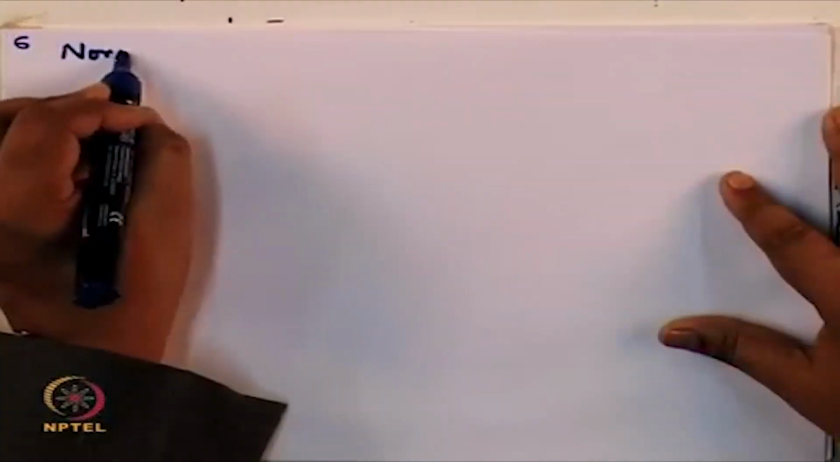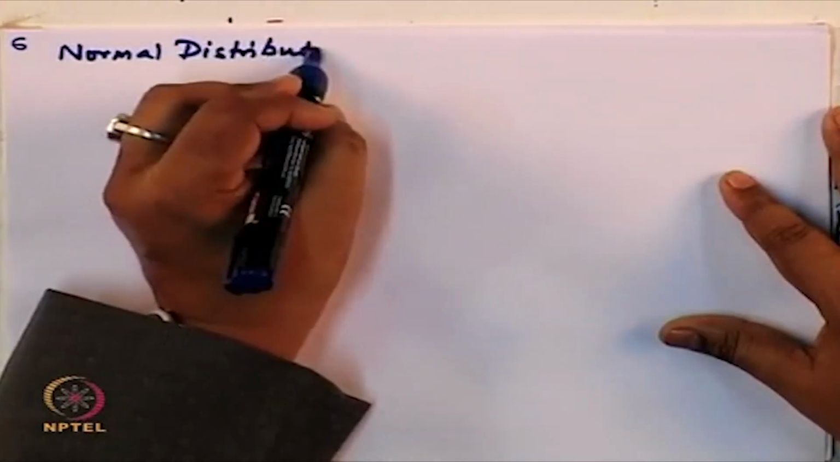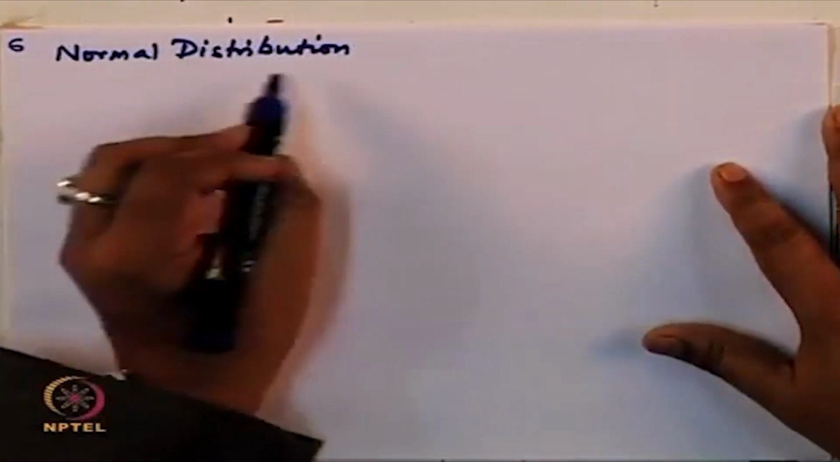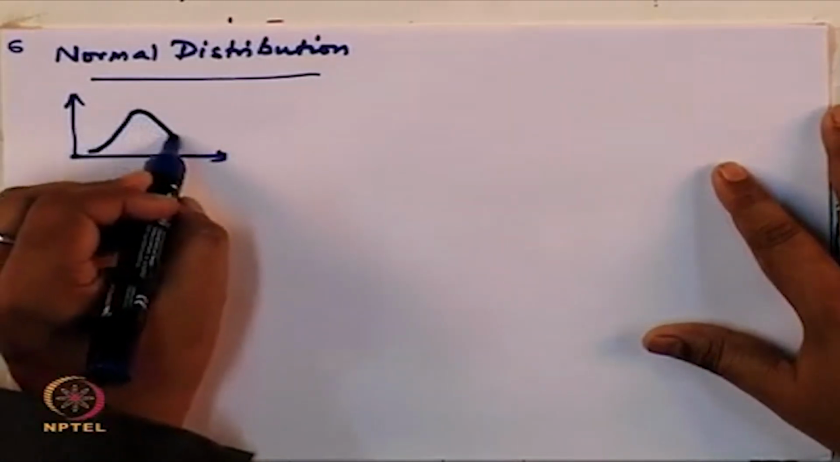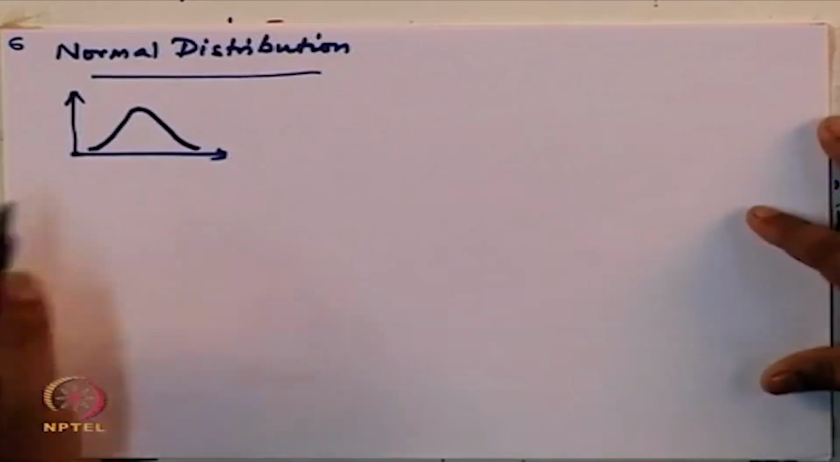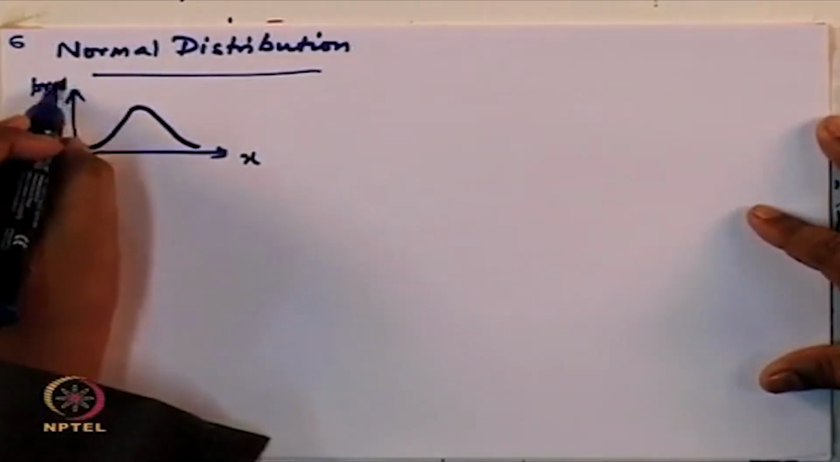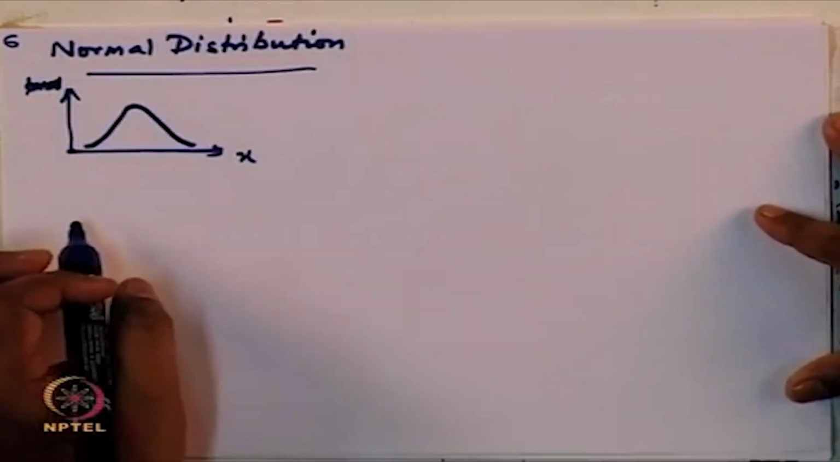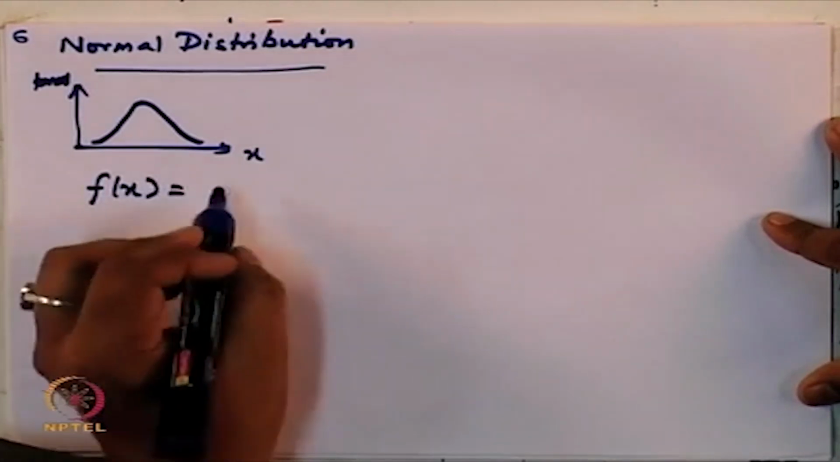We will now discuss one of the most important distributions, which is the normal distribution. So, what is the normal distribution? Normal distribution is the mound shaped distribution that you see at all times. So, this is your x value, this is your probability. So, for normal distribution, your f of x is given by